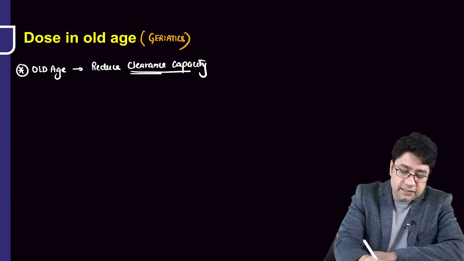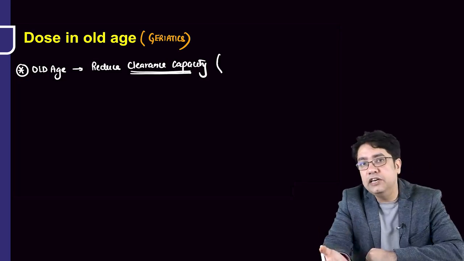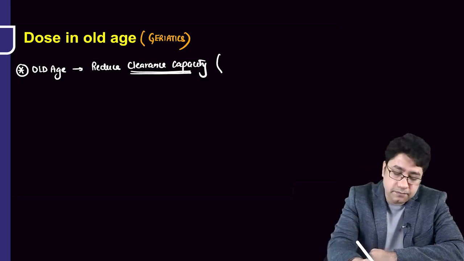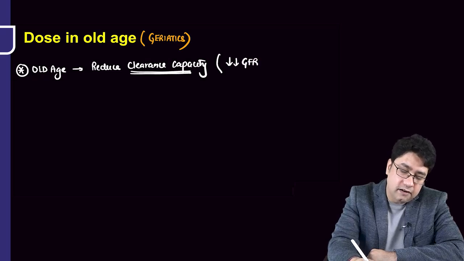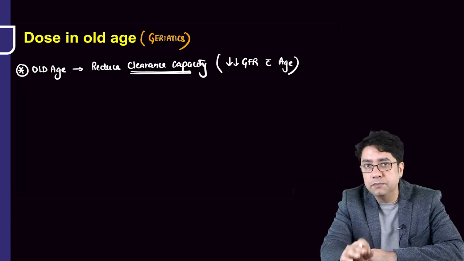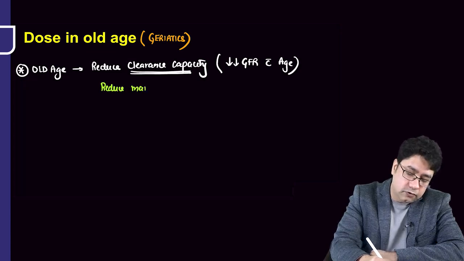How does the clearance capacity get reduced? You know that a drug is eliminated into the urine by glomerular filtration and active tubular secretion. So there is a decrease in GFR with age. So can you tell me which dose must be reduced? So you will write, we reduce maintenance dose